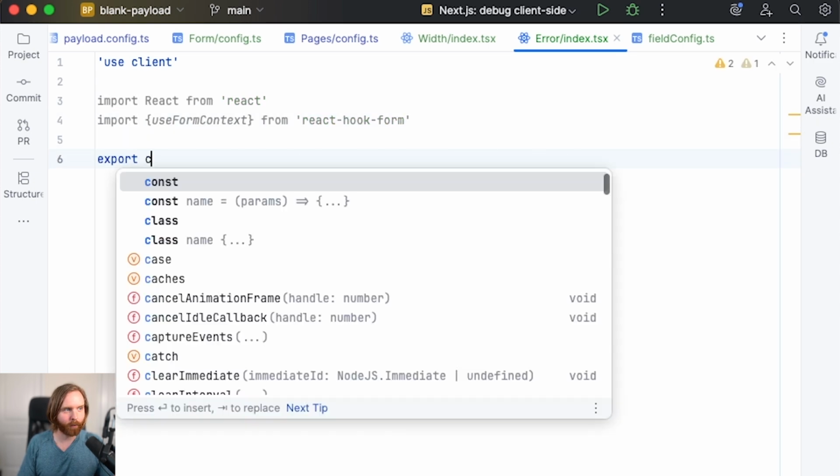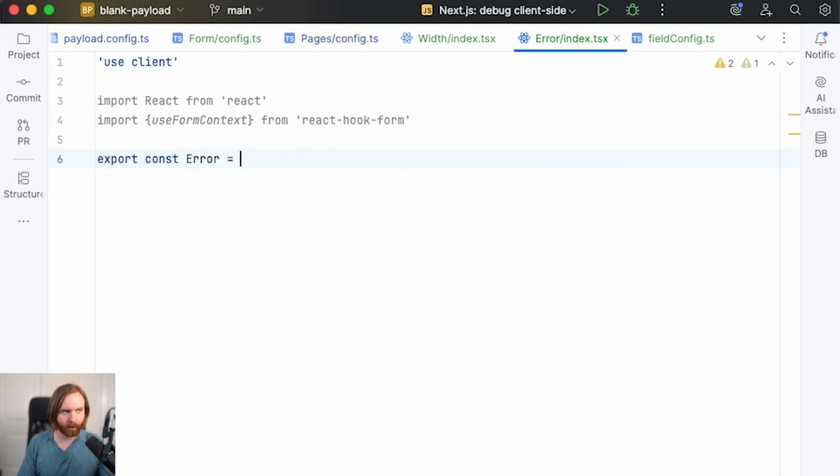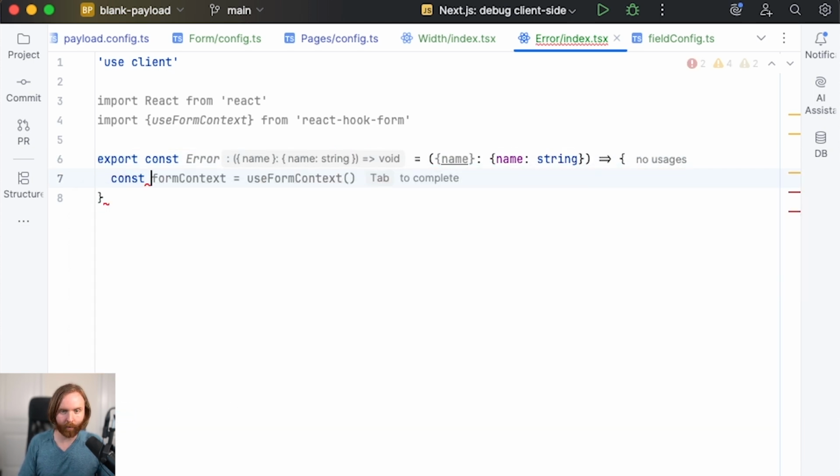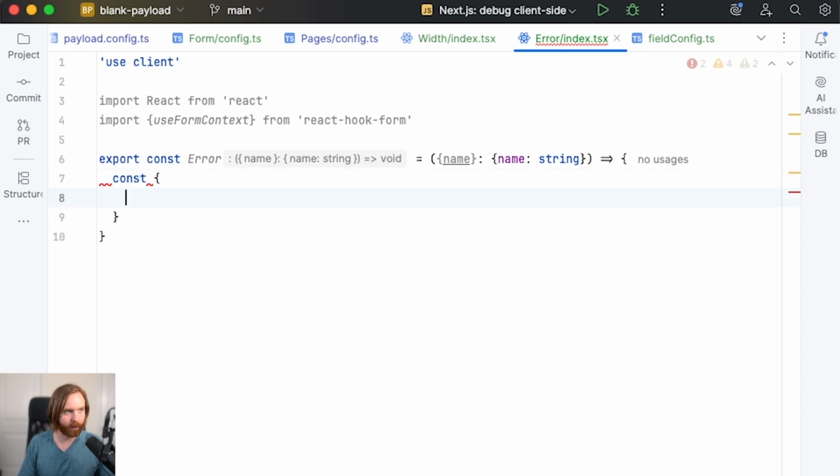We'll then export a constant called Error set equal to an arrow function. And in the props, we'll have our name, and the name will be of type string. And then inside the function, we'll have a constant that'll destructure our formState errors, and then set that equal to